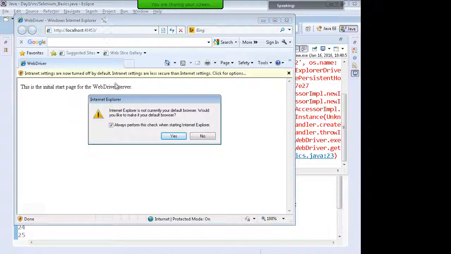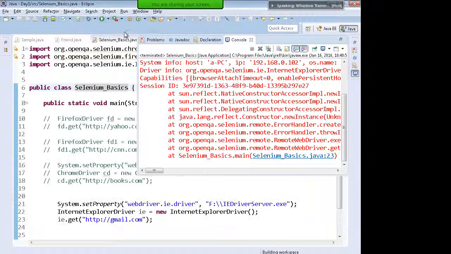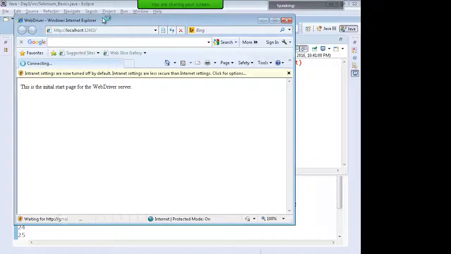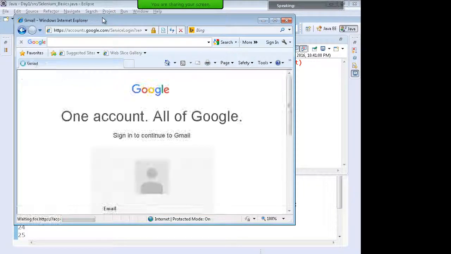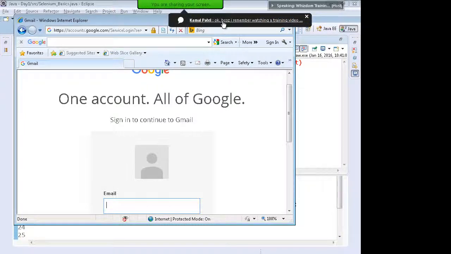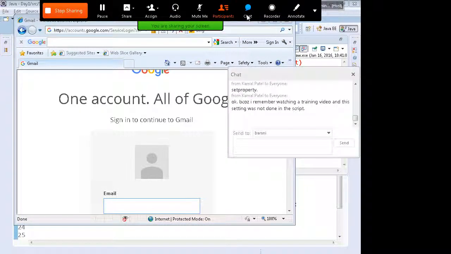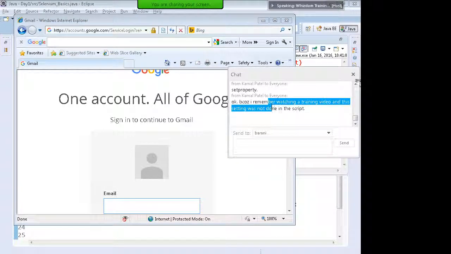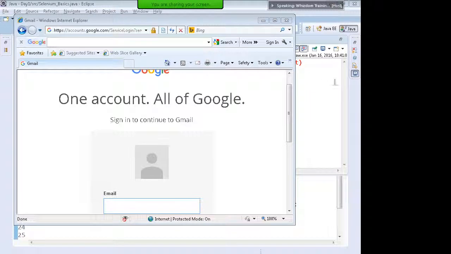So it's taking me there, and no, don't perform this check. So I am on Gmail. It's there, Kamal, just look carefully. It cannot work with this thing.